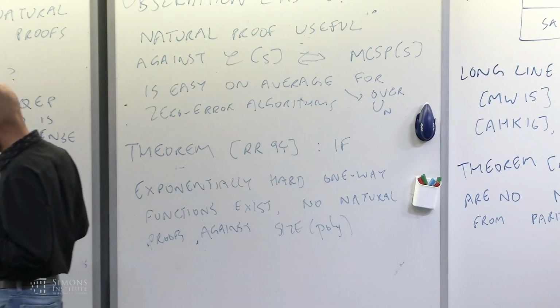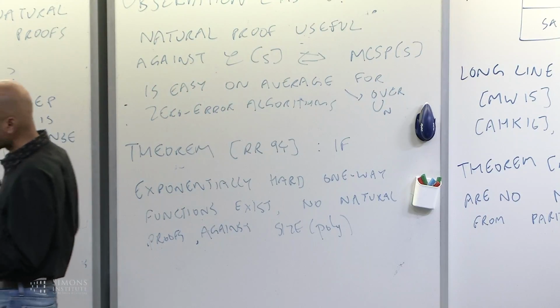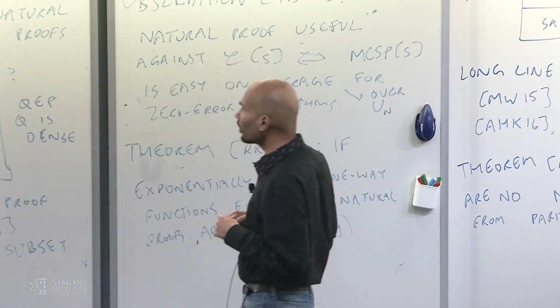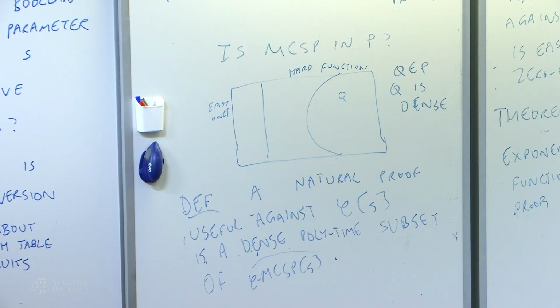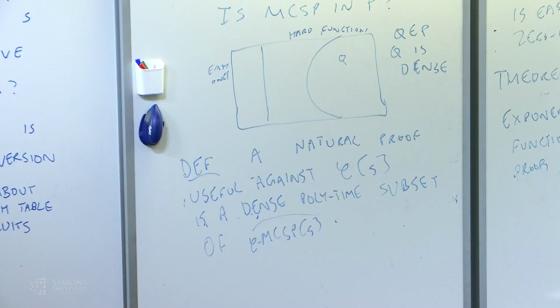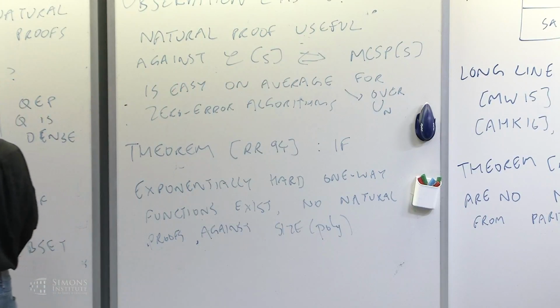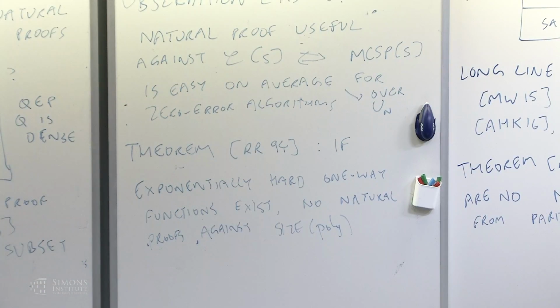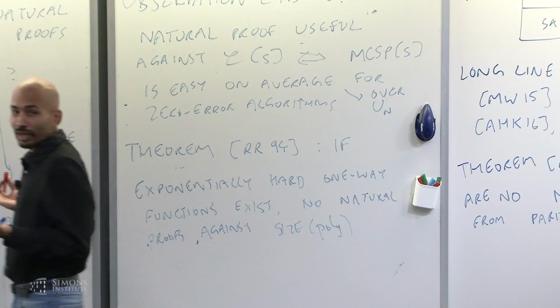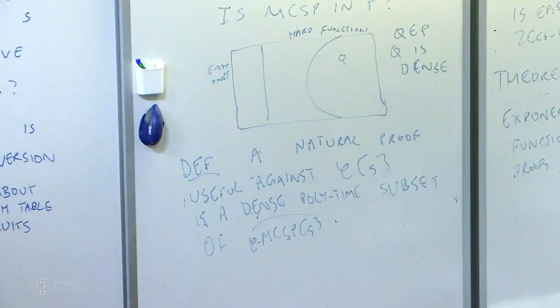I mean, of course, natural proofs have several other implications, the motivations from proof complexity, and so on. But for the purpose of this talk, I'll just restrict attention to what it implies for MCSP. And well, how does the proof go? Once you have the basic ingredients, it's fairly straightforward. Here's just a proof by picture.